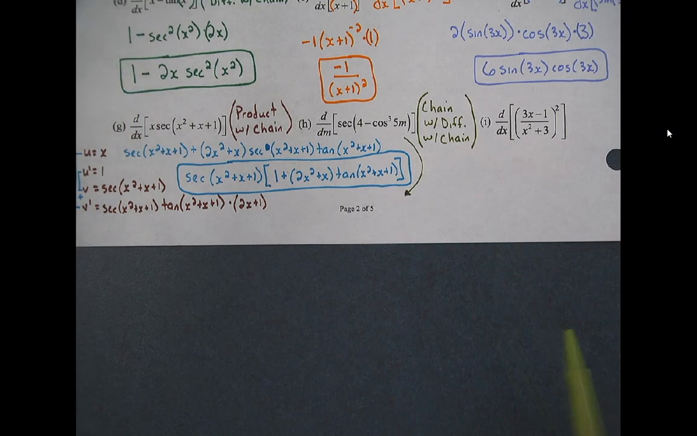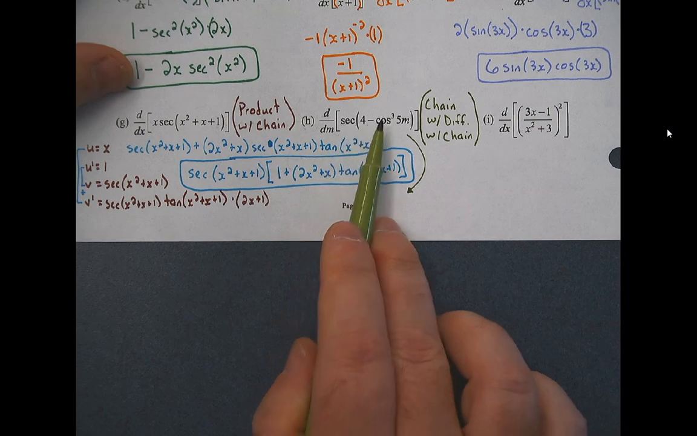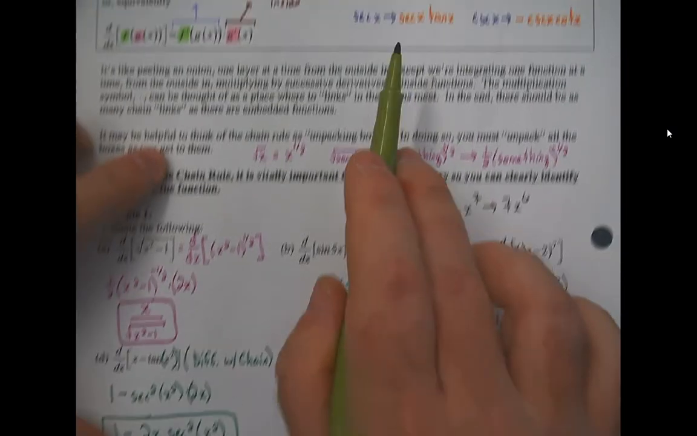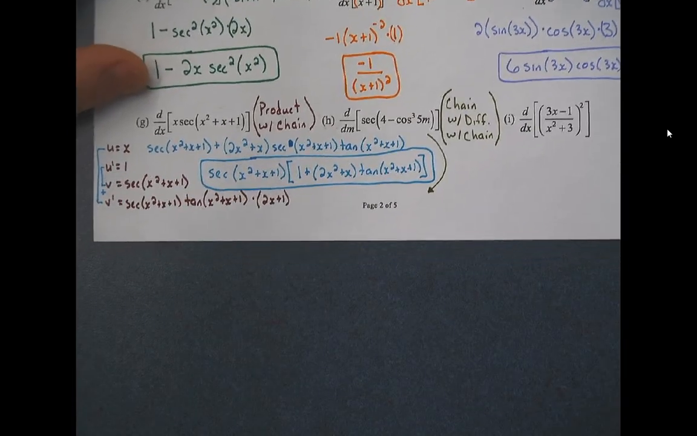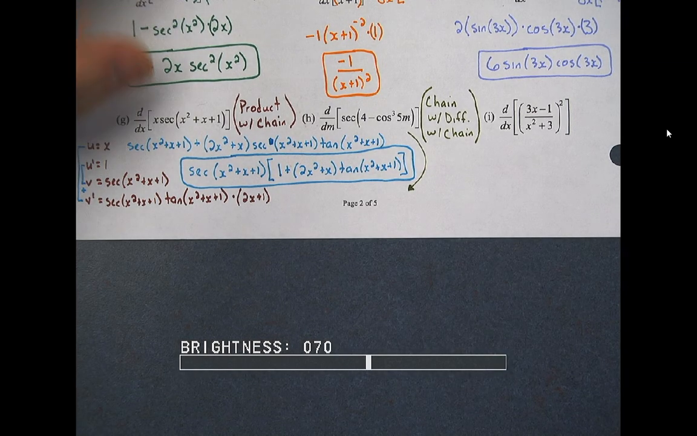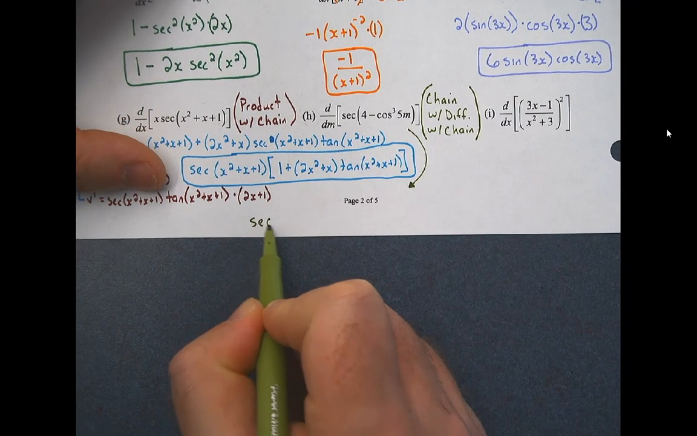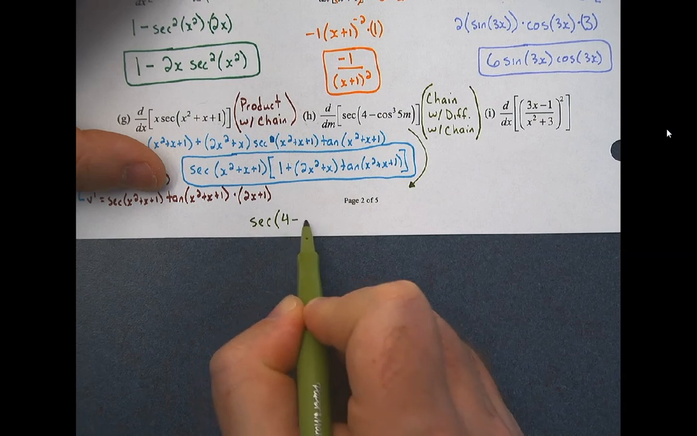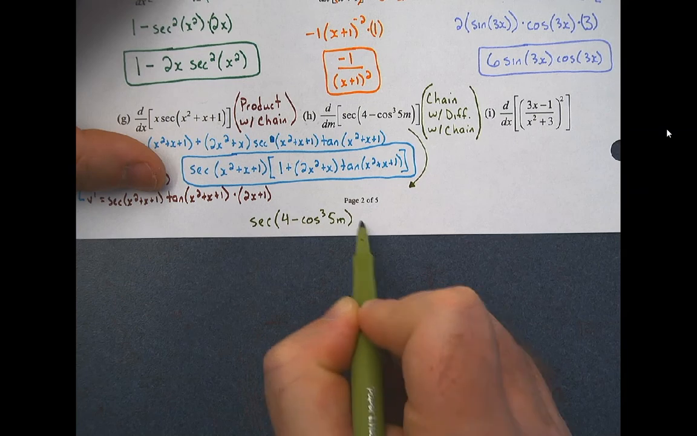So who's our outside function? First layer is secant of something. What's the derivative of secant of something? Unfortunately, it's the one that has two. It's secant something, tangent something. So it's almost too dark now, isn't it? Let's go to maybe 70. All right, secant of something is secant something tangent of something